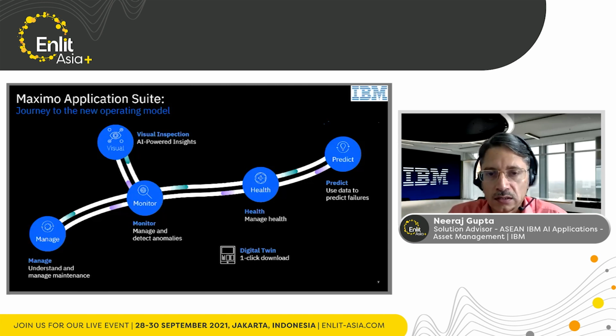I'll show you some more screens of how it looks and how it works. And similarly, Maximo Health manages the health of our assets, wherein we assign a health score to each asset, and it helps us identify the fast-deteriorating assets so that we can take action and bring them back to operation. And then Predict, of course, helps us predict the failure of the asset, so we can avoid that failure and again increase uptime overall. There are several other applications, like visual inspection and safety assist, but mainly we'll focus on Monitor, Health, and Predict for today's session.